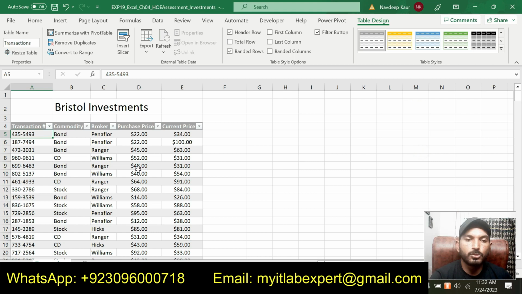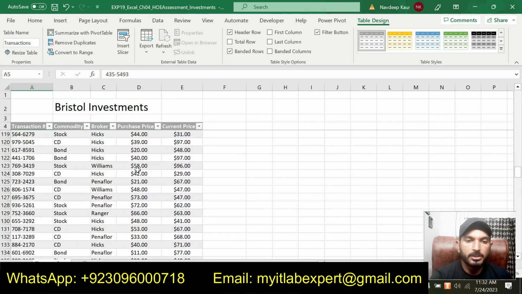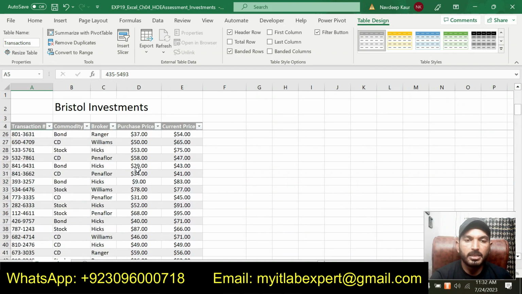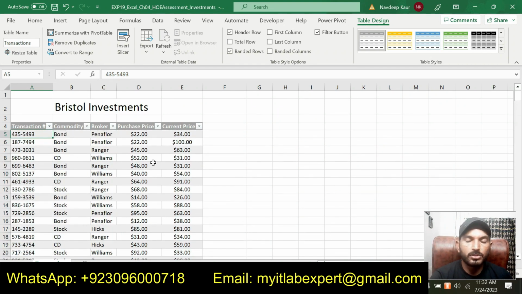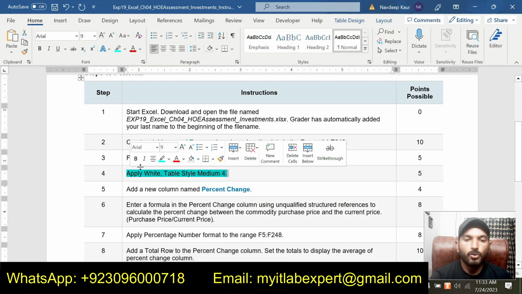That is the one we are supposed to apply to this table according to the requirements. So I have applied White Table Style Medium 4 to this table, as required in step number 4. So we have completed 4 steps so far for this assignment.